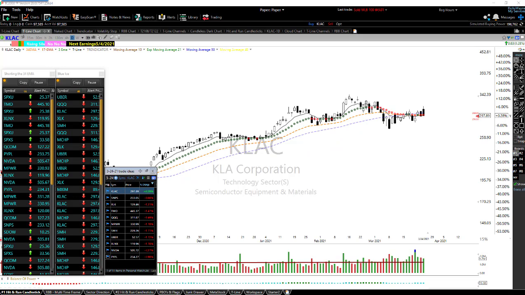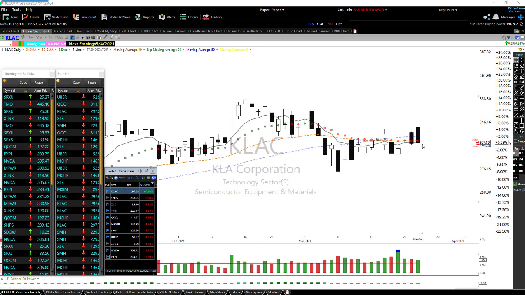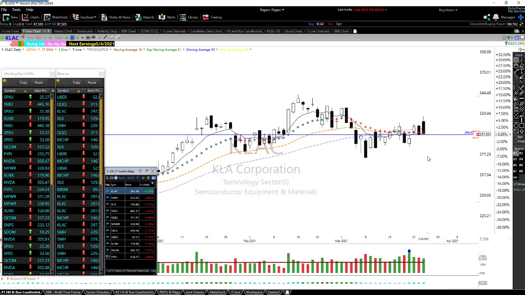Okay, so here's Clack. Clack has been up, and you can see it came below the 50-period moving average. It came up, and it just sort of failed that 50. It also failed the 34 EMA. We've got a nasty candle here today. One thing it didn't do is have any follow-through. So I think we should keep an eye on this. But if we start to see weakness on this thing, this just might be a good little short. So we'll be shopping for this for a short. Now,